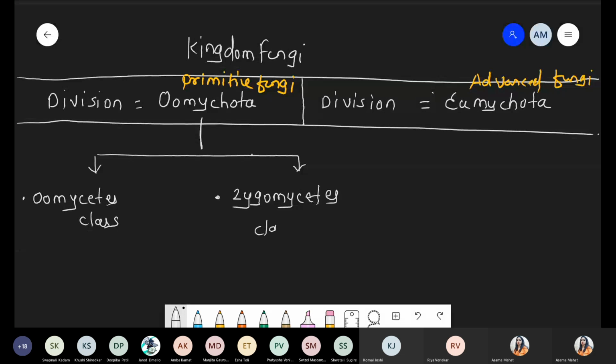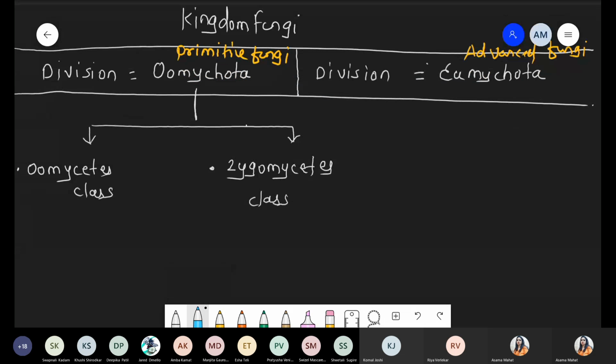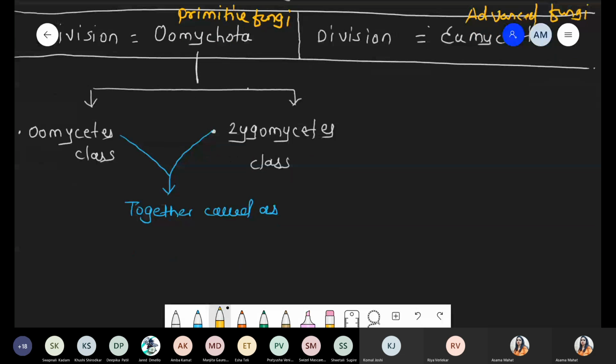We use the mycetes suffix for the fungi. Oomycetes and another one that is Zygomycetes. These are also called together, both together called as Phycomycetes. So sometimes what happens,